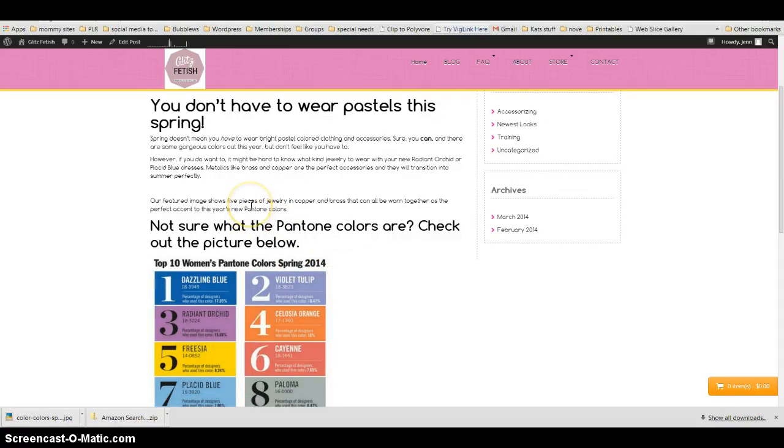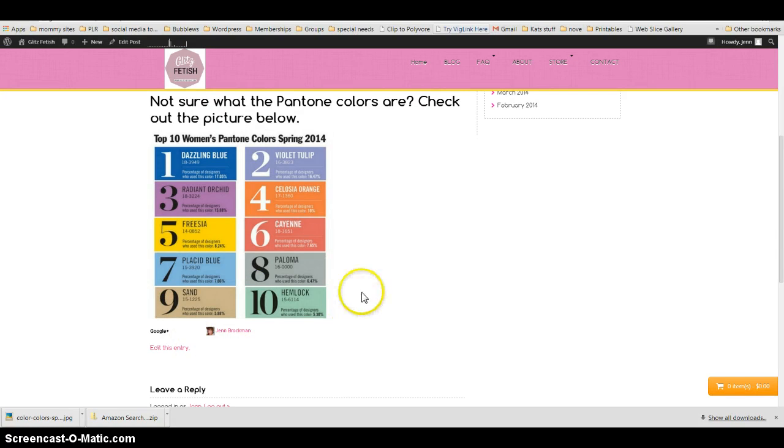If I were going to finish this post up and I'm running out of time, I would go back in and I would put a little bit more space between this bottom sentence and the next heading tag, and between that heading tag and this. And then I would follow up with just a little roundup and maybe a call to action of, go check out our copper and brass